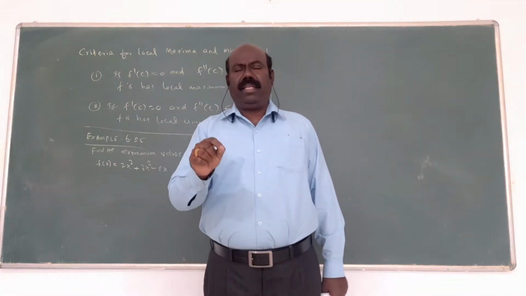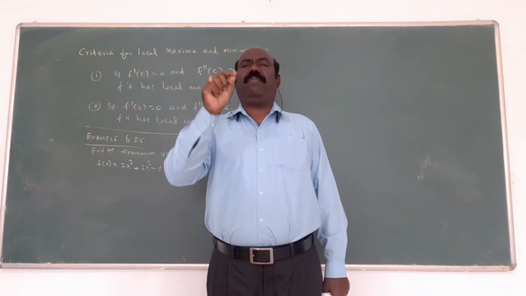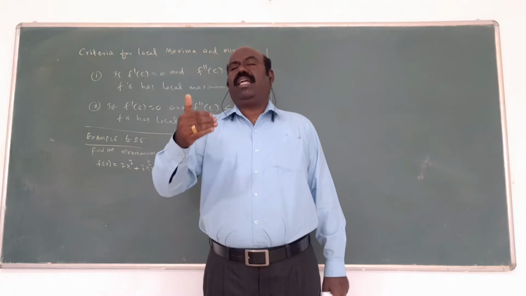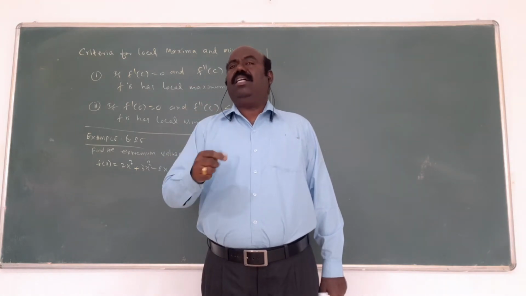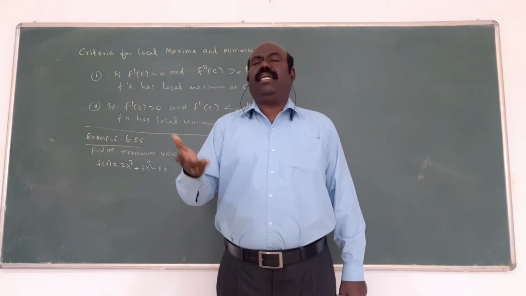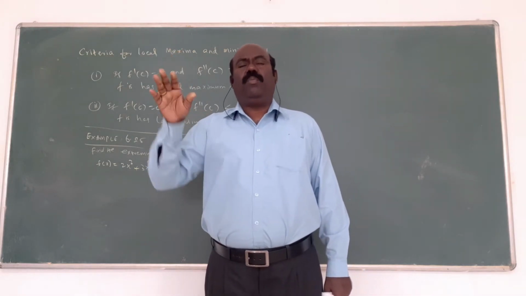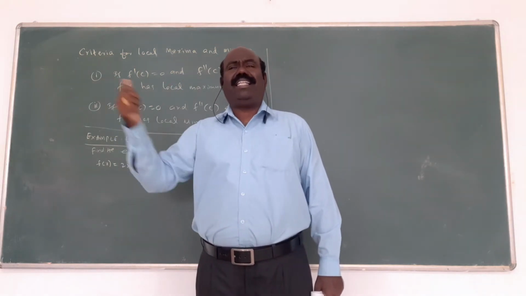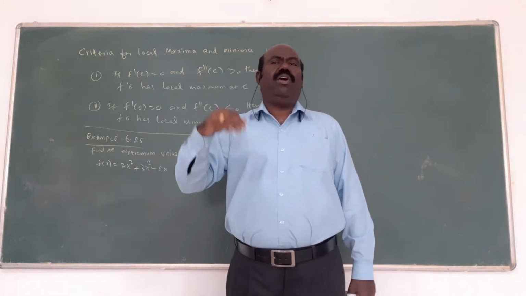What is the only rule? f(x) is given. First find f'(x) equal to 0, you will find the x value. Now we again differentiate, the second derivative. Substitute the x value in the second derivative. If it is negative, it has a local maximum. If positive, it is a local minimum. Substitute the x value in the given function, that is called the local maximum value or local minimum value.